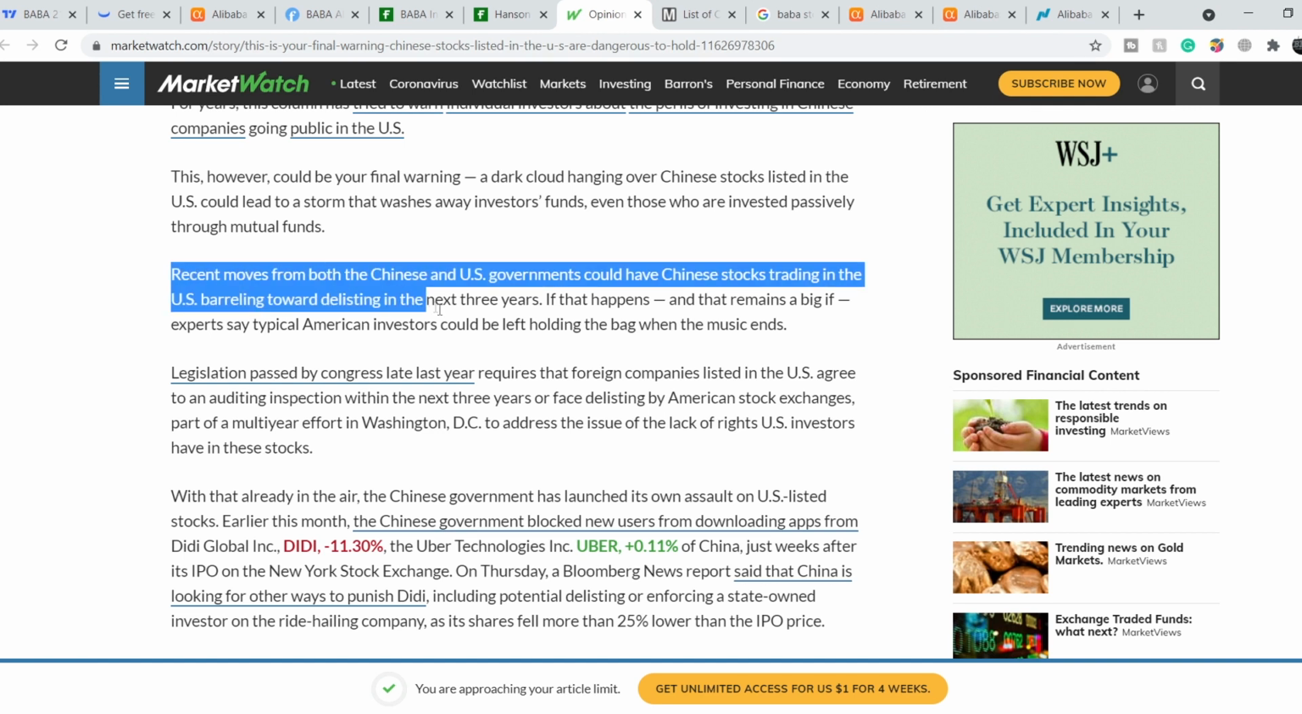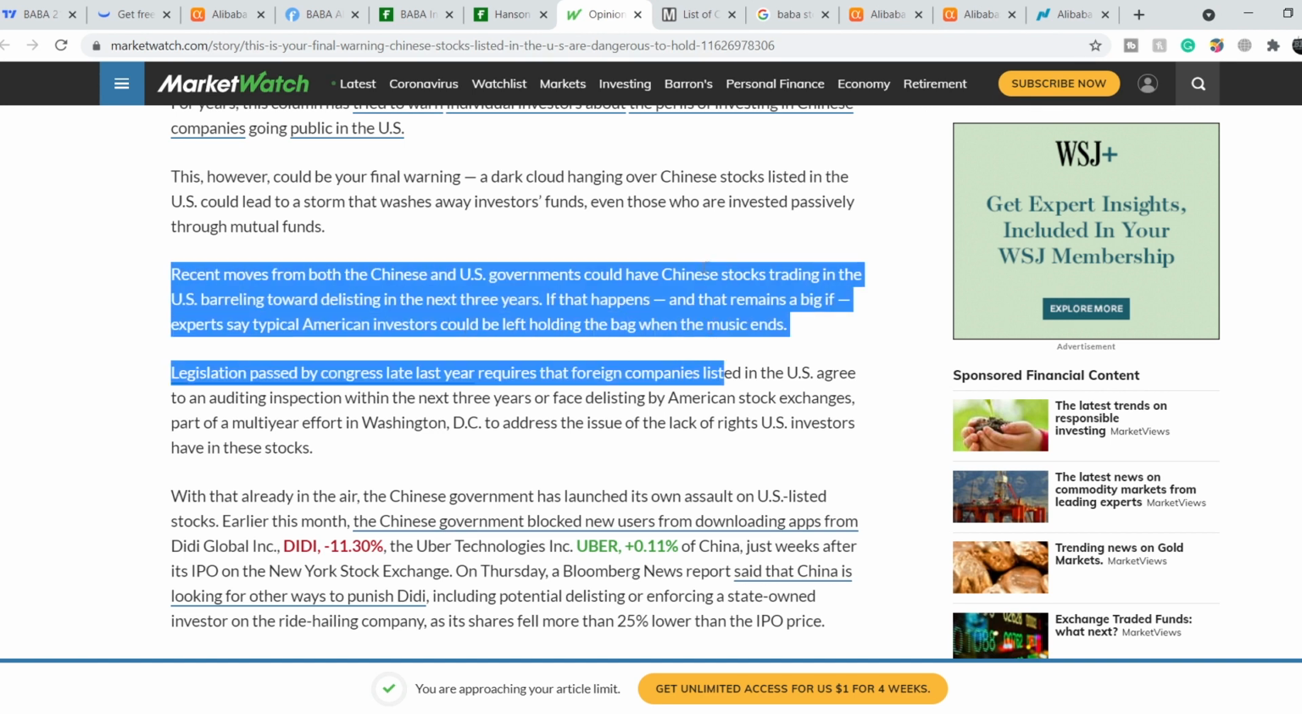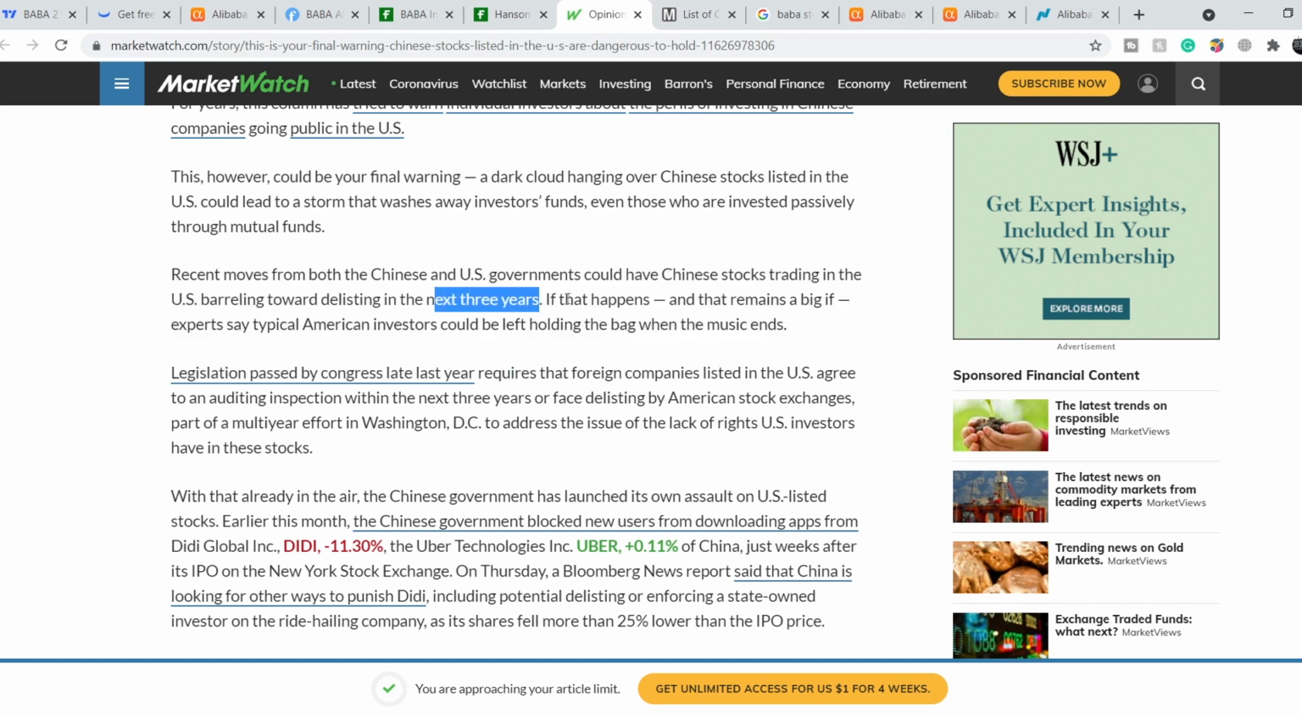Recent moves from both the Chinese and US governments could have Chinese stocks trading in the US barreling toward delisting in the next 3 years. If it happens, and that remains a big if, experts say typical American investors could be left holding the bag